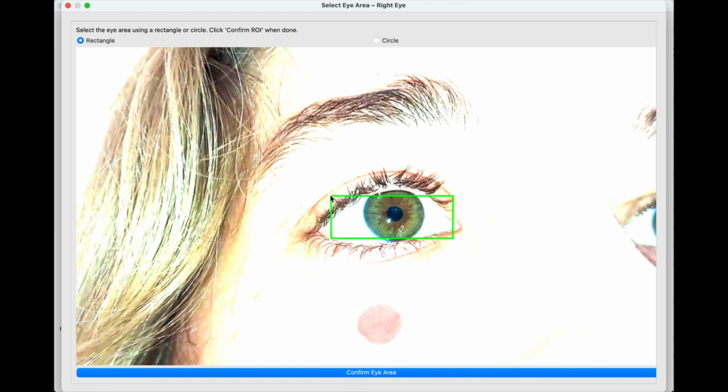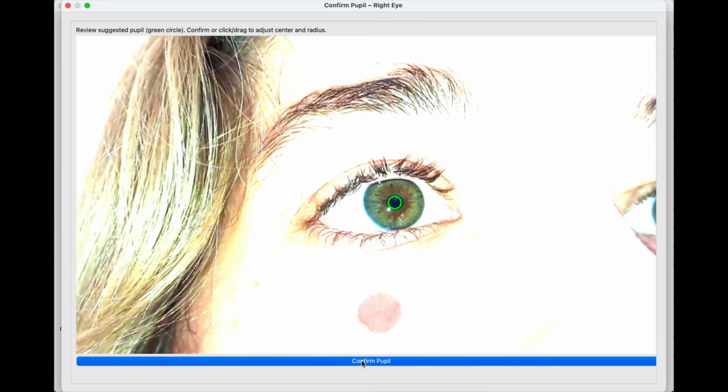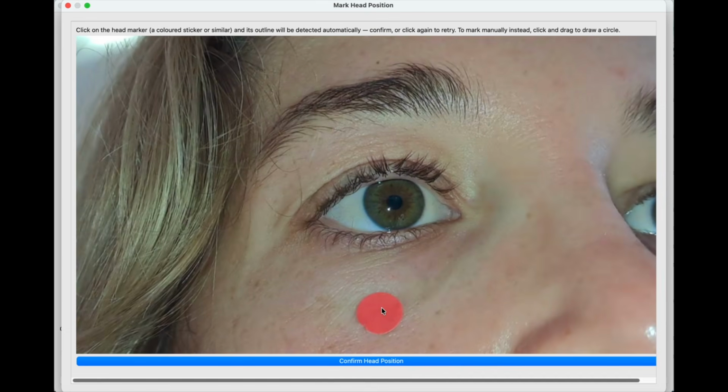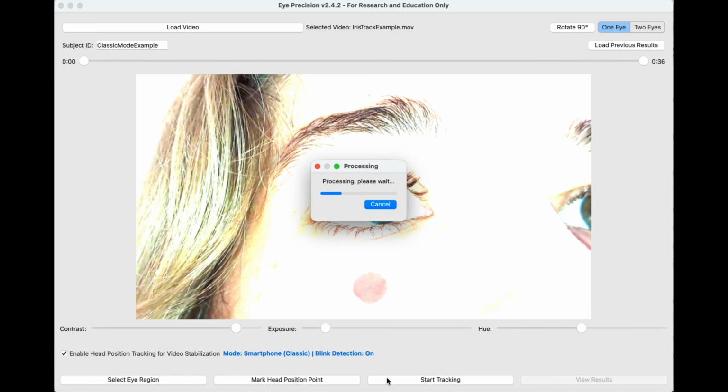This is the same process that always used to be in iPrecision. Confirm that and you see it finds the pupil fine. Again, seems like it should work. Mark the head position. Worth mentioning, just by clicking on it now, you don't have to drag over it. And then we'll hit start tracking. And you see the processing here on my computer fairly quick. Once it's processed, then we'll go into the results screen,